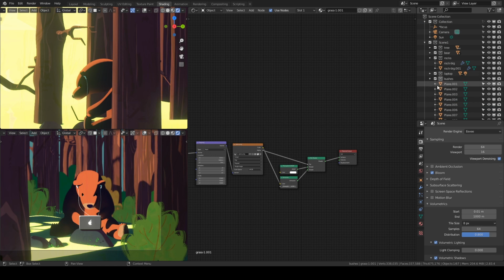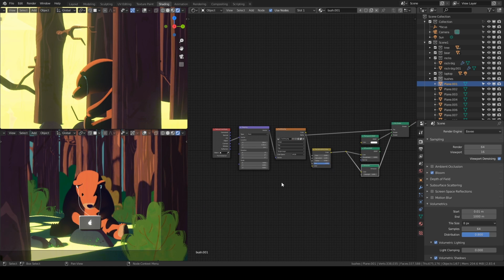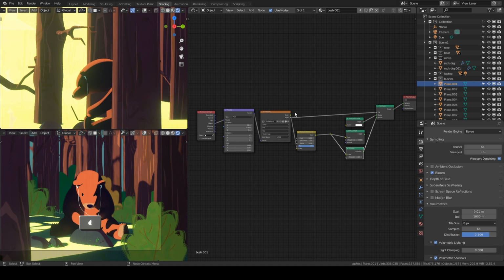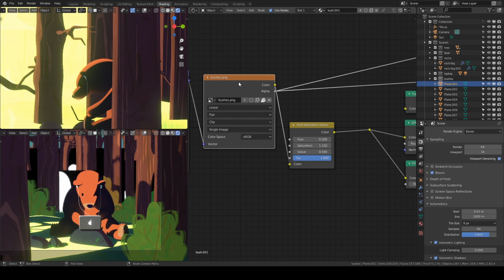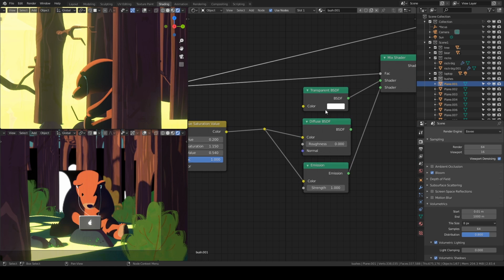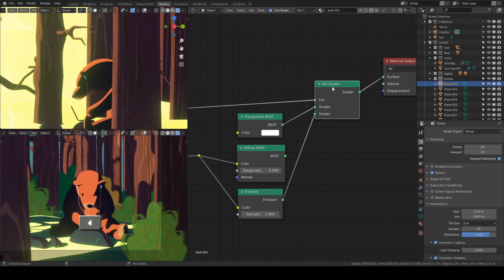for these bush planes I created separate images, and I used alpha to plug the transparency, so that we get only this colored portion visible.